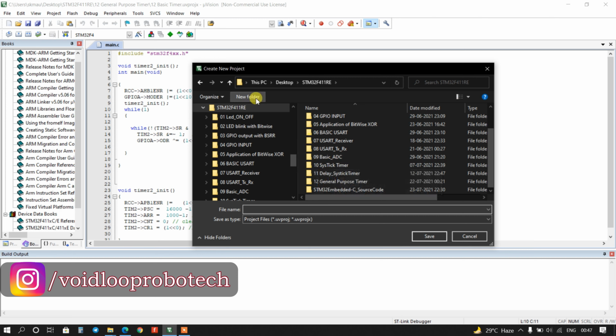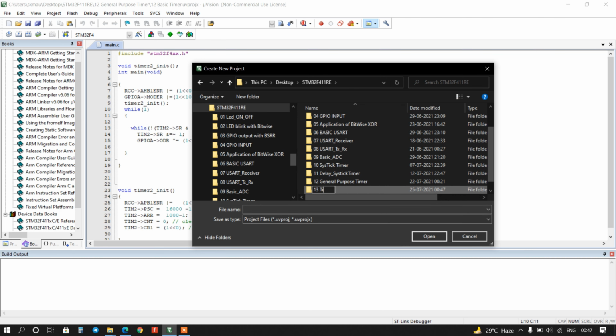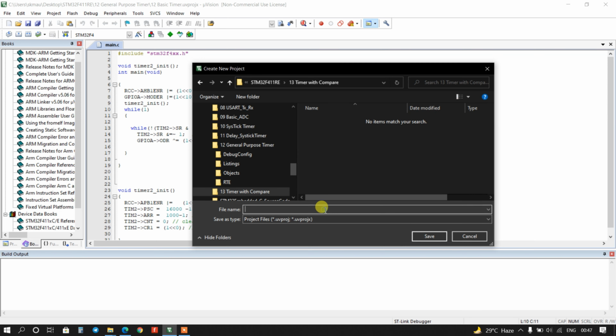and I will create a new folder, Timer with compare mode.